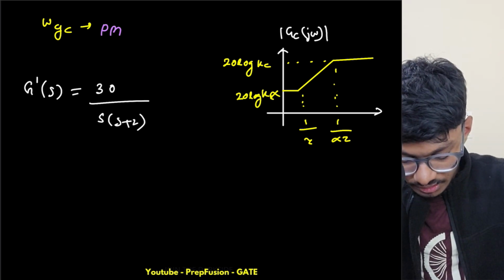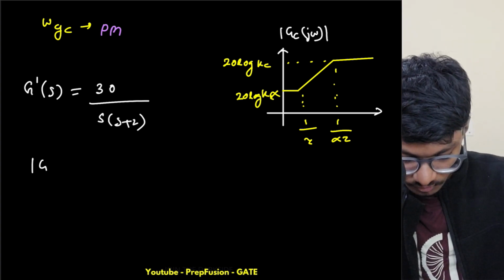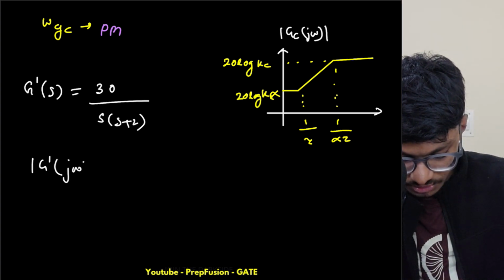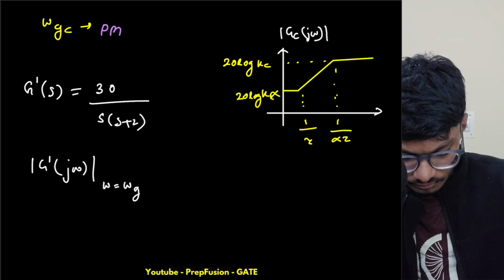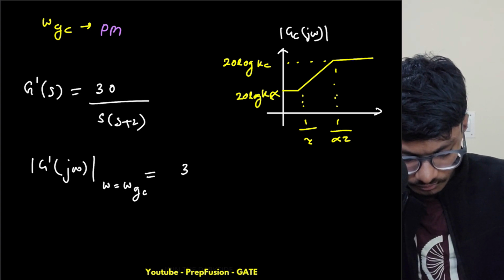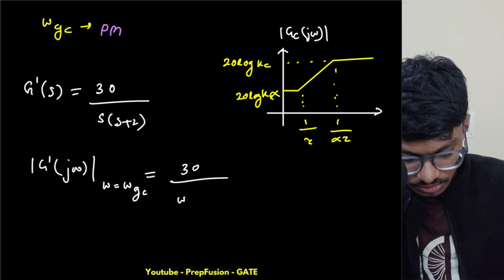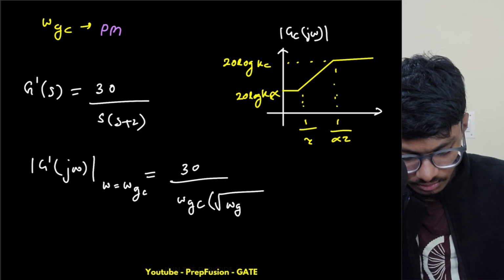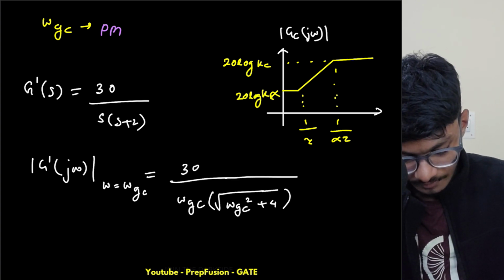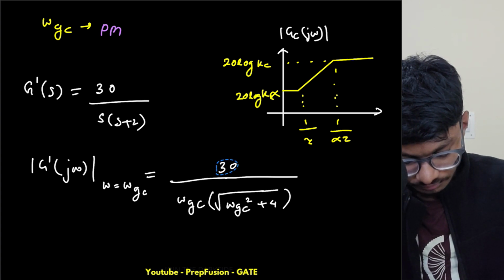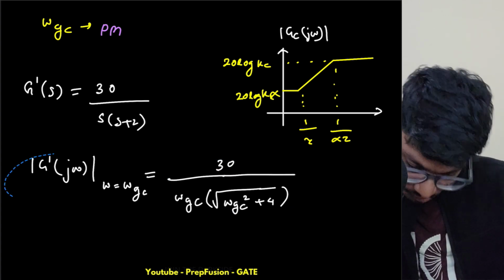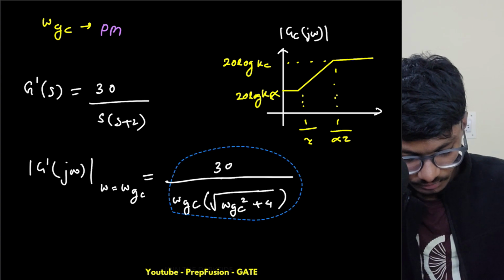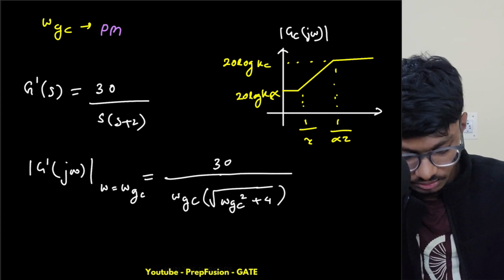Now from here, if I find the magnitude G of j omega, omega gc, this is omega gc under root omega gc square plus 4. Okay, okay. So next